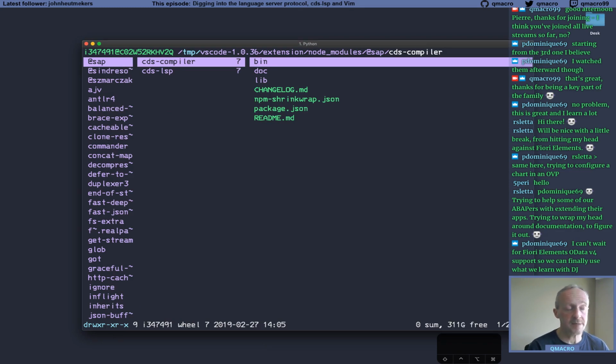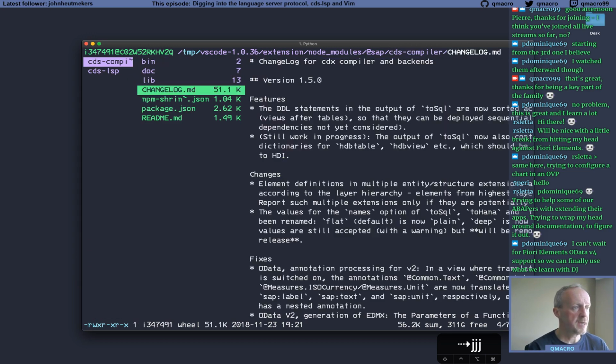We'll see here that inside the VS Code 1.0.36 extension for VS Code, we've got the compiler, but if we have a look at that, we'll see that the compiler is at version 1.5.0. So this is the compiler that was actually a dependency of CDS 3.0.0. So it's a slightly older